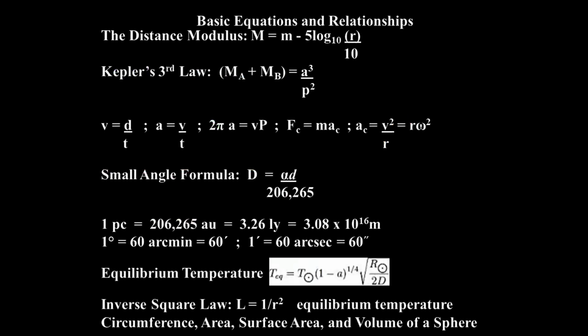The radiation laws and the basic mathematical relationships and equations shown on this slide are the most important for answering the problem sets in this event. All of these equations and relationships have been a part of every NSO astronomy event. The only difference is the addition of the equilibrium temperature equation highlighted in white.